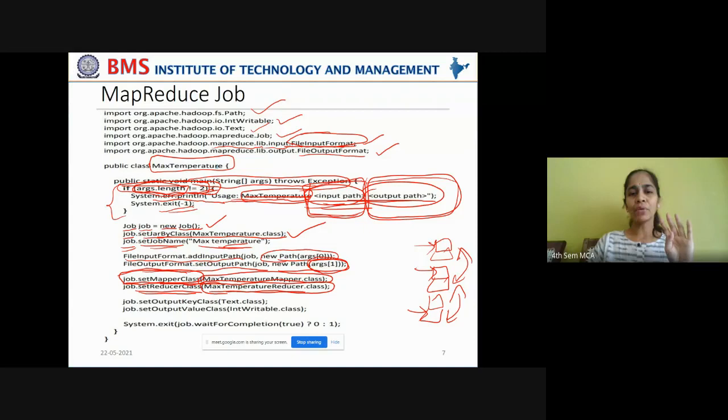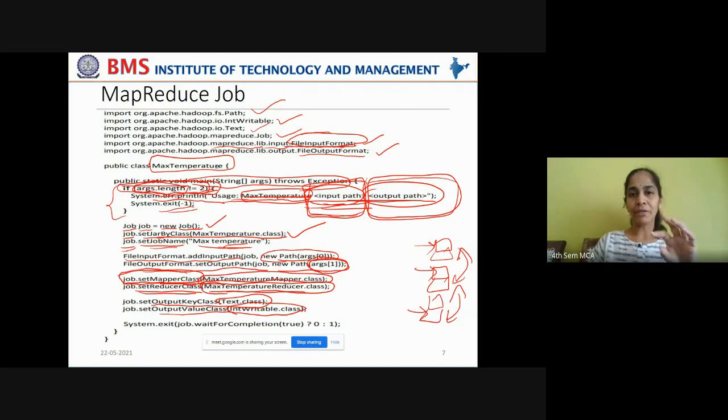Fine. Now almost the packing of the job is completed, and you have 2 more things to do. What are those? Set the output key class to the Text type and the output value class to the IntWritable type. Why do we have to do this? The output file should understand what kind of data it is receiving as key value pairs as a result to be written to the output file.